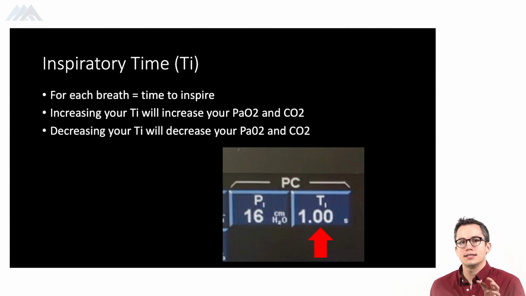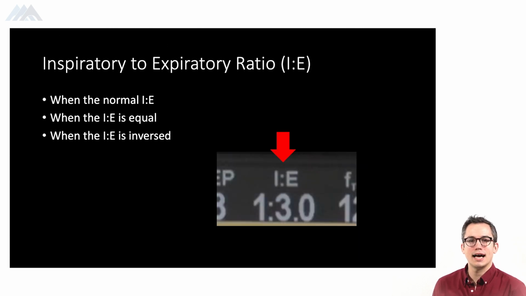And where that comes into play is setting our inspiratory to expiratory ratio. You're not going to necessarily manipulate this number. How you're going to manipulate it is by increasing or decreasing the inspiratory time. Physiologically, you and I right now are spending twice as long exhaling as we are inhaling. And if you just take a couple seconds to take a breath in and then take a breath out, you might not have even realized that you are breathing out longer